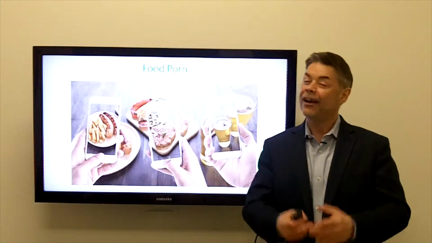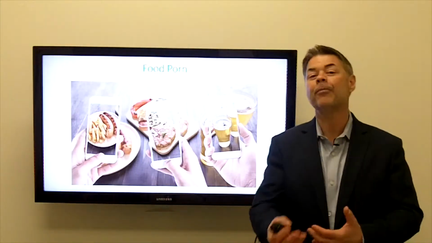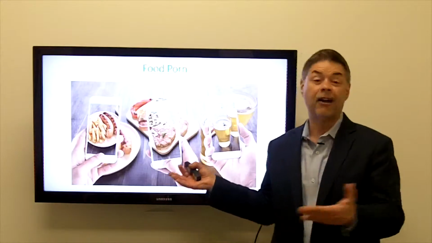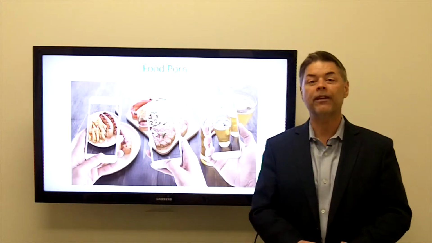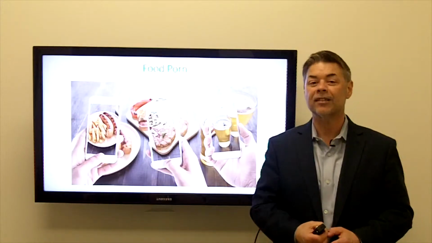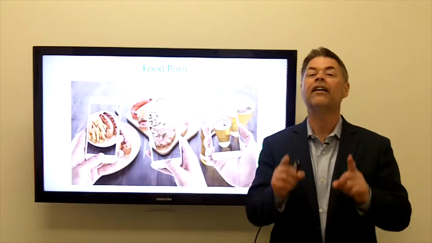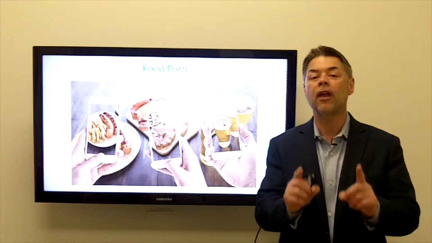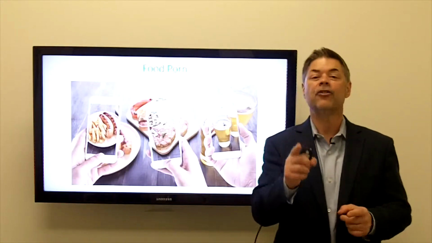So first and foremost, we all know that our customers have their mobile device within arm's reach, right? Everybody has a smartphone now. Everybody takes pictures. I love this because I call it food porn. When you walk through a restaurant, you see people taking pictures of the plates all the time and sharing it with their friends, right? And I guarantee you, if you have a restaurant and you go on your Google business listing, you're going to see lots of photos that you did not take that your customers shared to your Google business listing, okay? That's user-generated content, and Google loves that, okay? So that's going to help your search engine optimization and help you get towards the top in your business category.